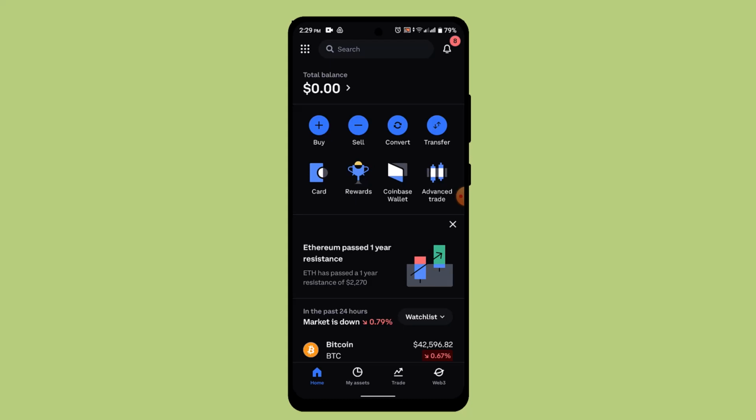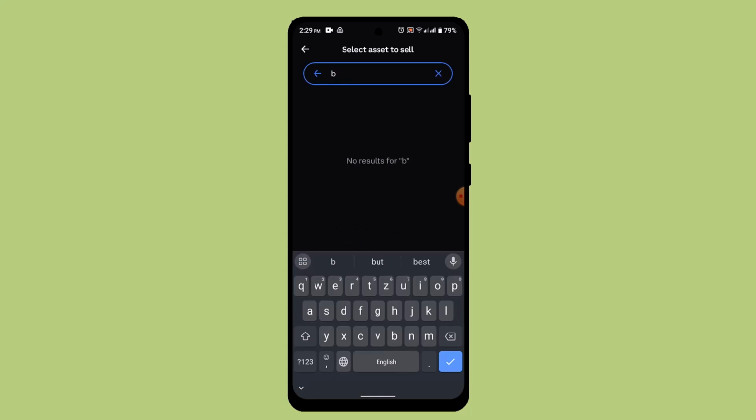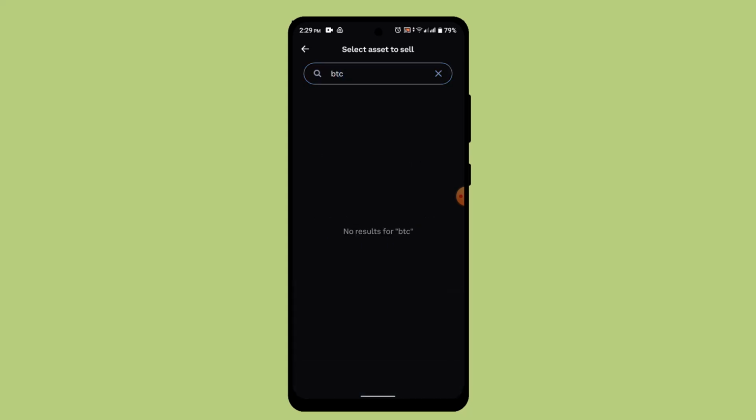As soon as you tap the sell button, it's going to show you the list of assets that you can actually sell. So go ahead and type in the asset that you wish to sell. Then you need to enter the exact amount that you wish to sell, and once you've confirmed your sell, within 2 to 3 business days later you'll be receiving an amount which is going to be added to